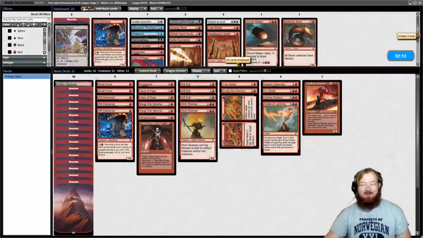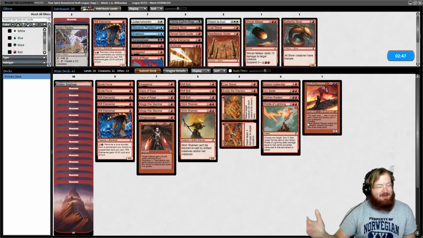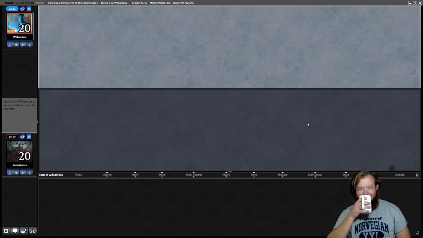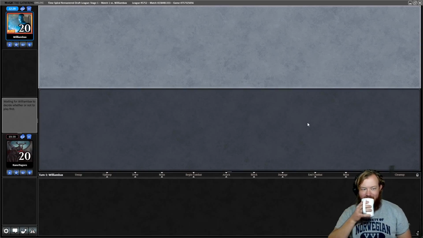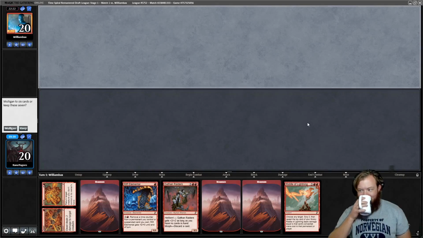Okay, that's how we drew it up. That's what we wanted to happen. I run it back. Maybe I shouldn't be playing Bedlam Reveler. I know if it's in my opening hand, I'm going to mulligan it for sure. Unless my hand is so many instants and sorceries, but...